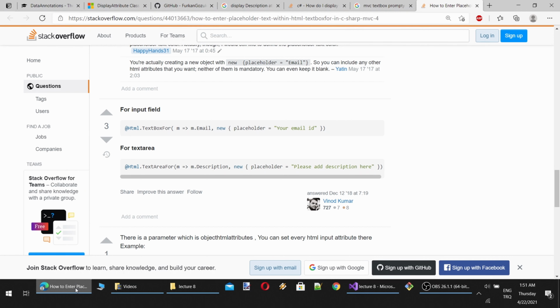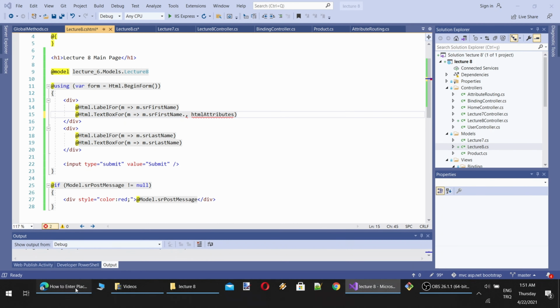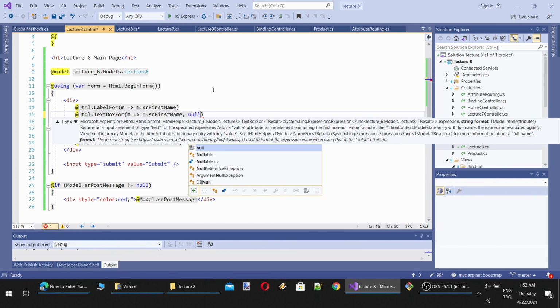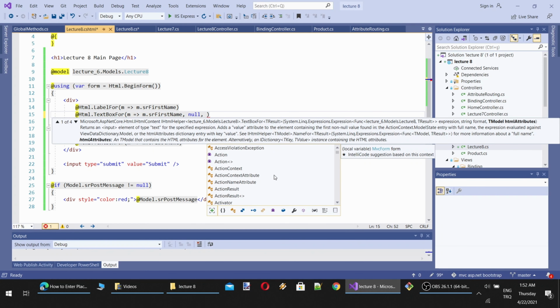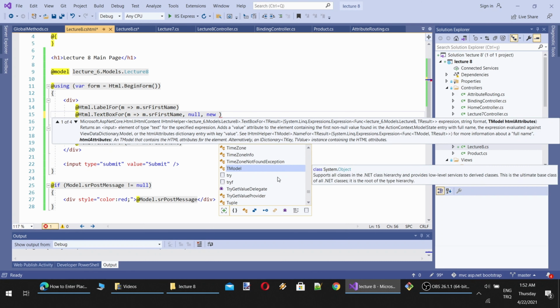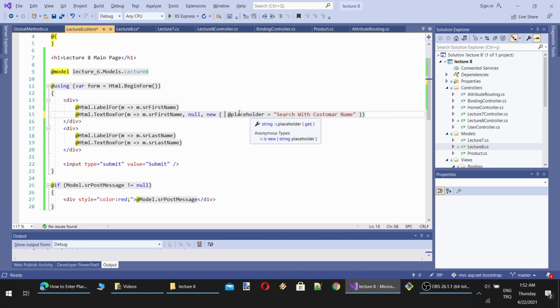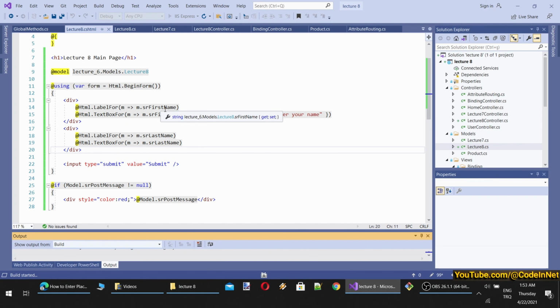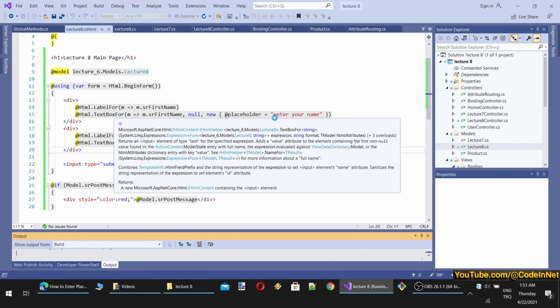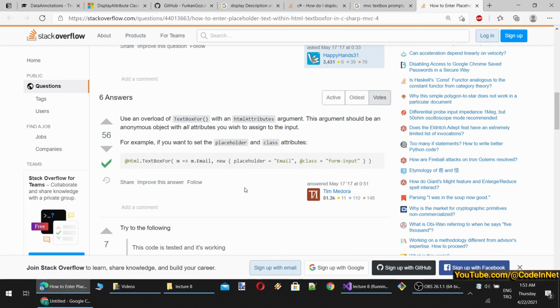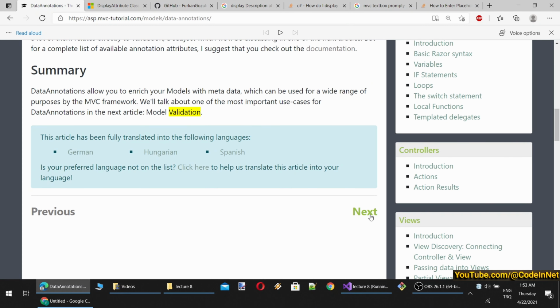Okay, no attributes like text area for input field, text area for, this is text box. Okay, so probably we need to set, okay, HTML attributes, can we set that? We need to set it as new, T-model, no, new, and class, okay, we don't need the class. There is placeholder, and for this placeholder, I want to use the model. No, not available. So I have to set custom attribute here, enter your name, and let's rerun. We could also set other attributes of text box in here, but I'm just setting the placeholder. Okay, I see. Okay, anyway, and let's move to the next.